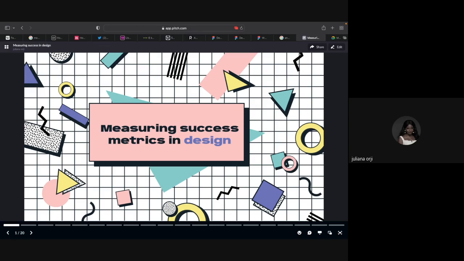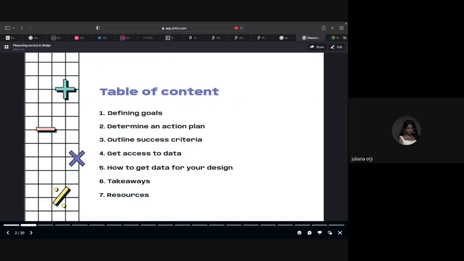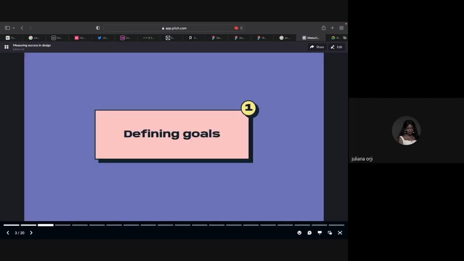That's why today we'll be talking about how to measure success metrics in design. So this is our agenda for today. We're talking about defining goals, determining an action plan, outlining success criteria, getting access to data, how to get this data for your design, some key takeaways and resources. So down to business, defining goals. Now, one of the earliest steps